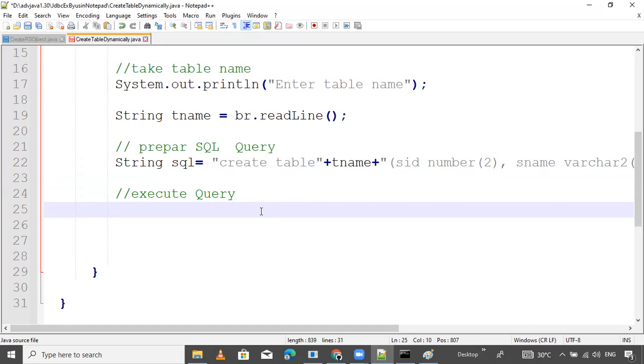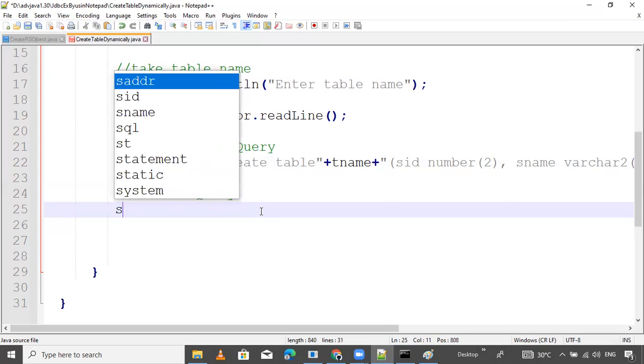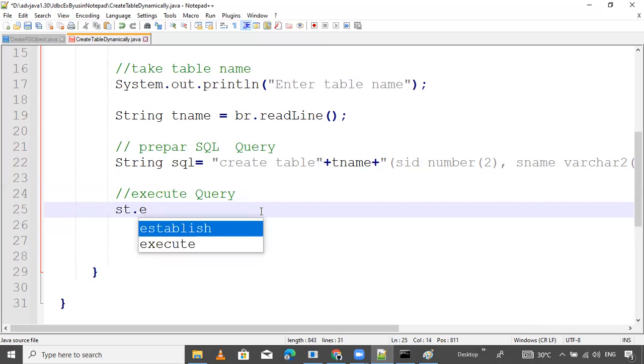If you're watching this video on YouTube, pause the video, give an answer in the comment box, then go further. Now tell me, which execute method are we going to use here? Simple: st dot. Why? Because this is a non-select SQL query.